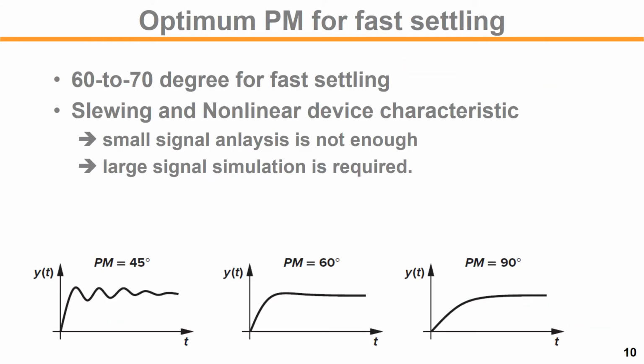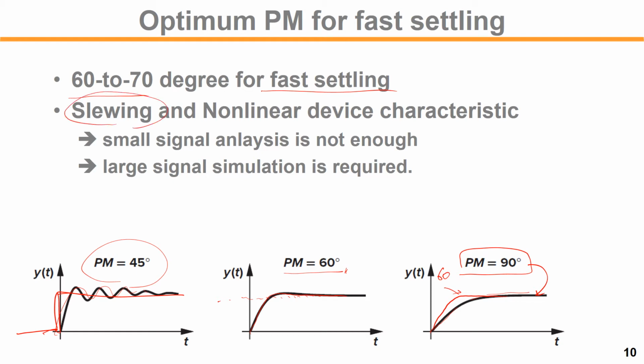Okay. For the optimum phase margin, we design for 60 to 70 degrees for fast settling. If the phase margin is 45, you will see this kind of ringing for the step input. When the step input is applied, your output is like a ringing. For a phase margin of 60 degrees, you will get a slight overshoot, and it will settle. If you have an even larger phase margin, you will get the nicest settling, but the settling time is slower than a phase margin of 60 degrees. Let's say this is 60, and this slow response is 90. So this kind of settling behavior